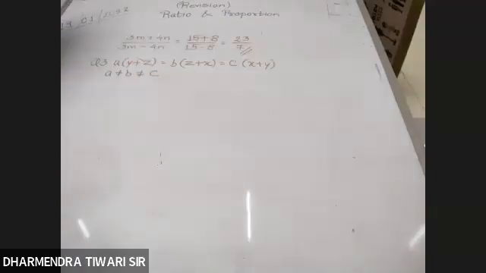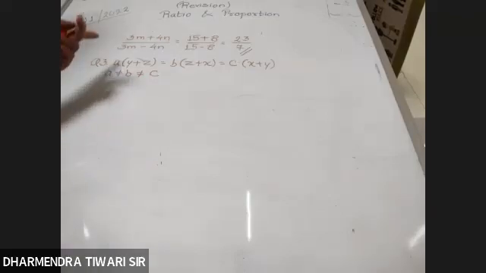Why? Because they have given the statement that out of a, b, c, no two of them are equal. No two of them means neither a is equal to b, nor b is equal to c, nor c is equal to a. And show that